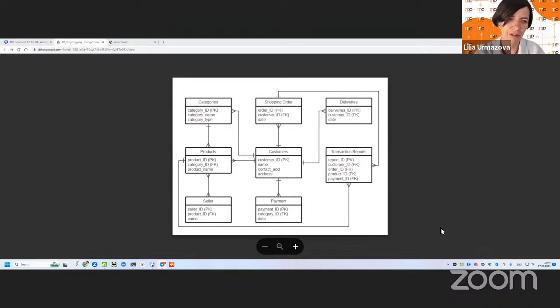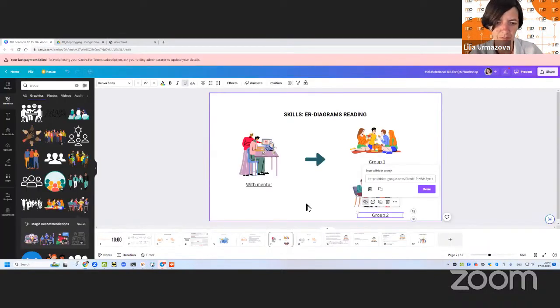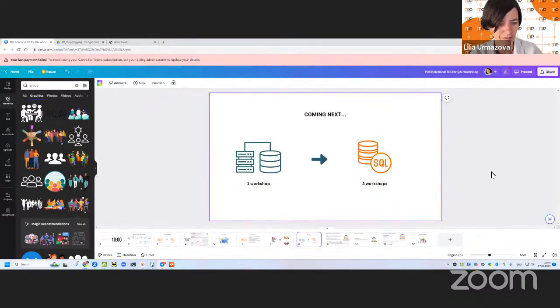So if you liked this topic and you want to train more, please, you could see this diagram. And as for finishing today's class,